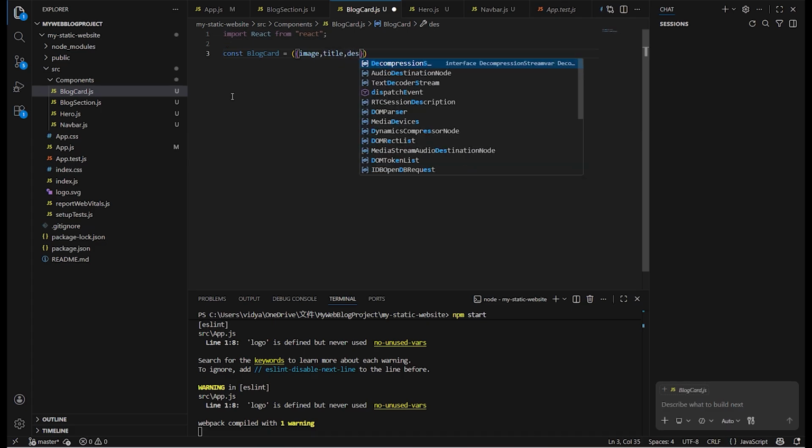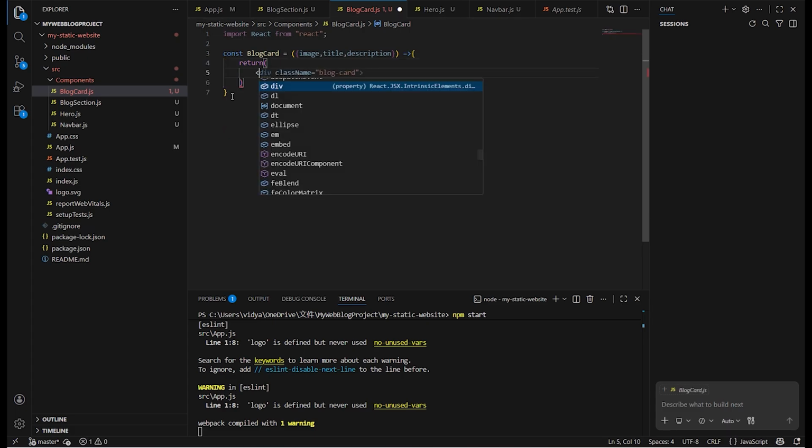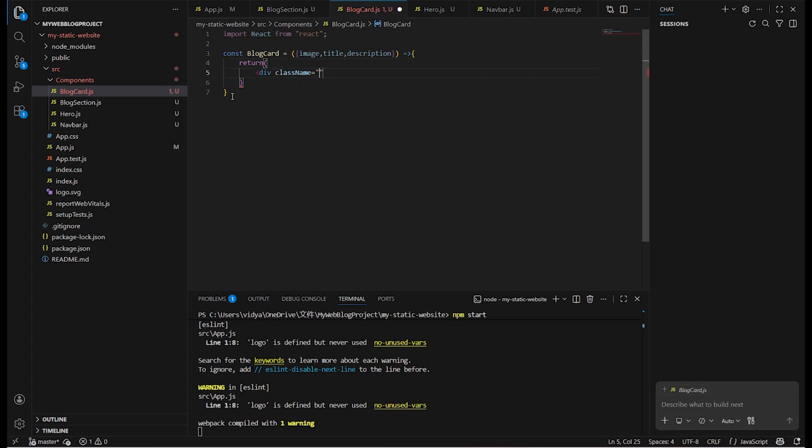Here we will import React from React. So we will add constant block card, and here we will add image and title and description,